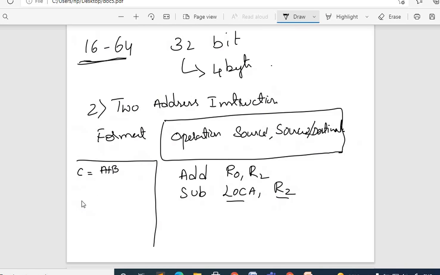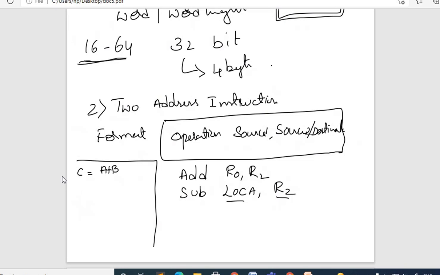So these 2 are both memory locations. So we'll try to get the content. Add A comma C. So you can write it in different ways.